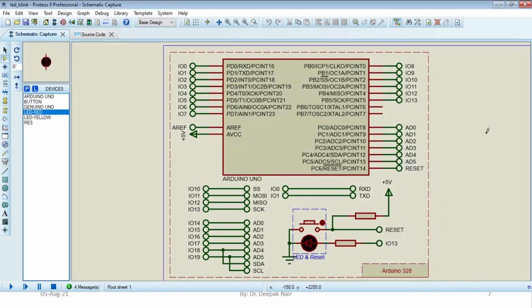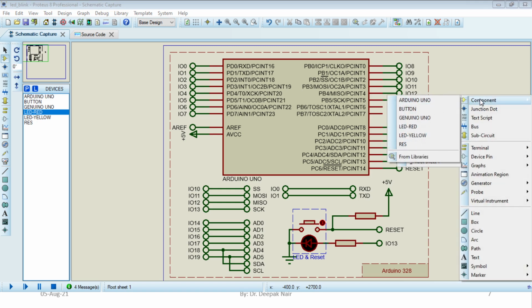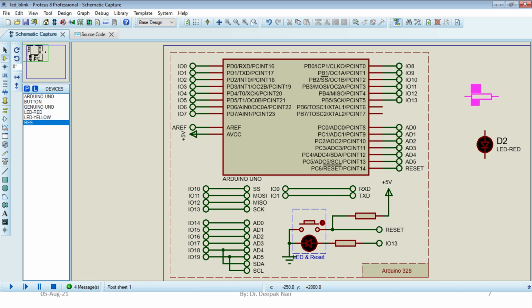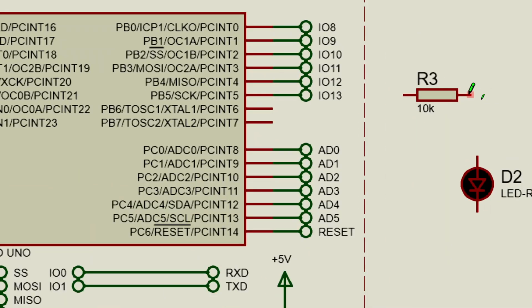Okay, and then I can place it here. You can see now my mouse is converted to that particular device itself. I can place it anywhere. Then right click, place component, resistor, like this. And now you can see the moment I bring my mouse near the terminals, the terminal becomes square. And now click on that and click on the next terminal where you want to connect.